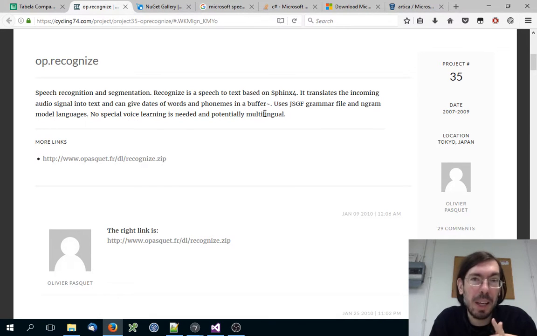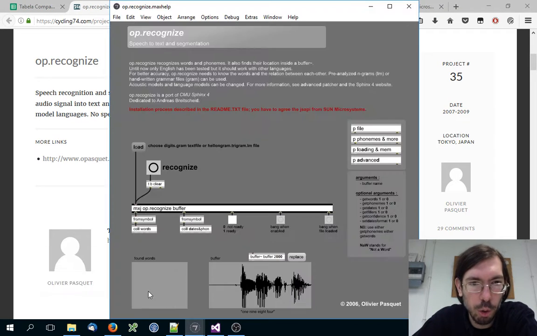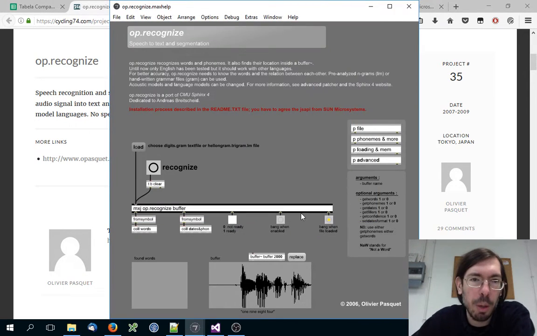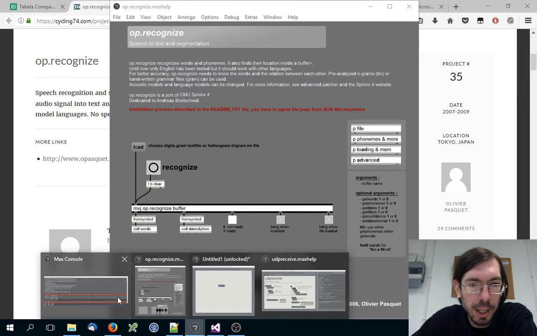And we are using Max 7 now, and we are trying to get this working on Windows. So there are a few issues that arise trying to do that. There are some issues with how the packages are made from Max 5 to Max 7. I managed to resolve those issues, but still had some problems with the Java itself, and I will actually show you it trying to work. So you can see it loads this, but when you click load and you select the grammar file you want to recognize, you get an error